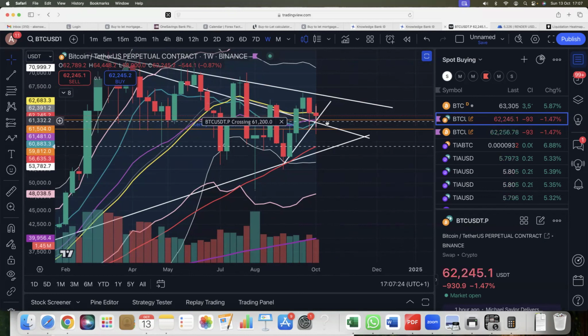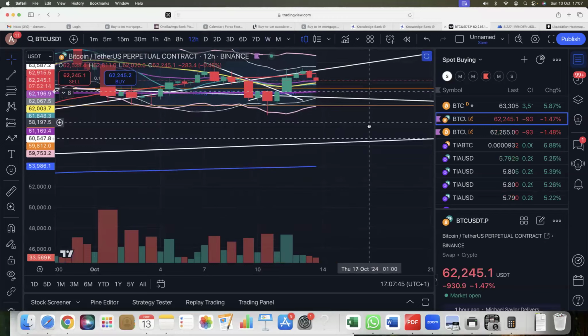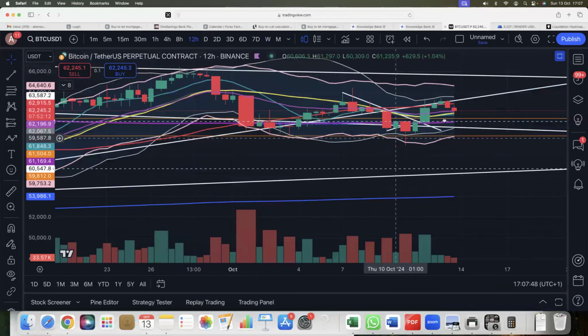So there will be some more downward action on Bitcoin, a little bit of downward action, which will push some of the coins a bit down, right? Bring them into a zone where maybe we can all pick some more up if we need to, or provide shorting opportunities, right? So let's look at it from a 12 hours perspective. So on 12 hours, what we can see from here is